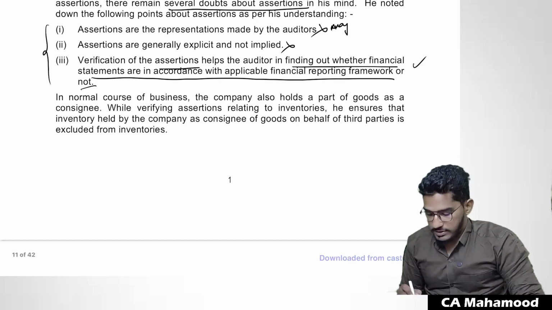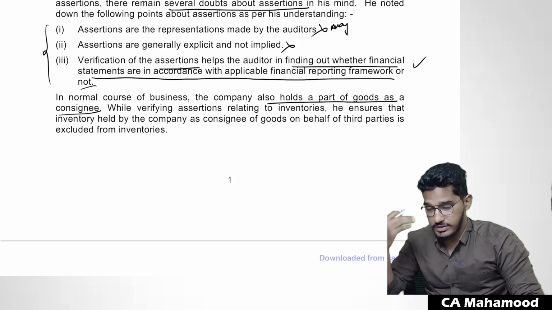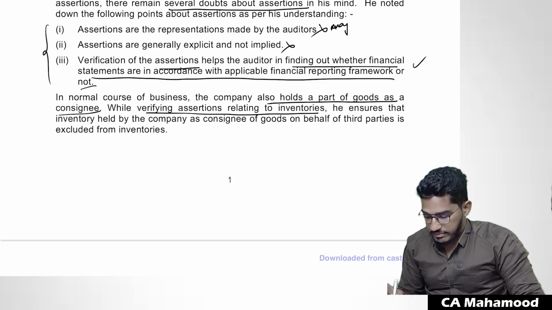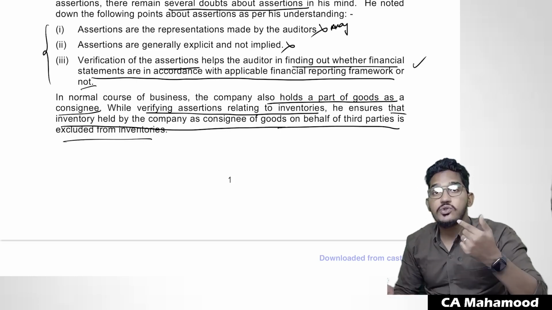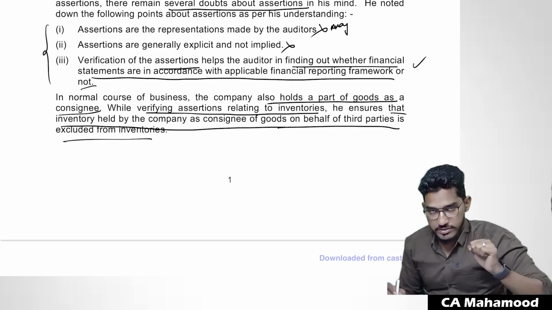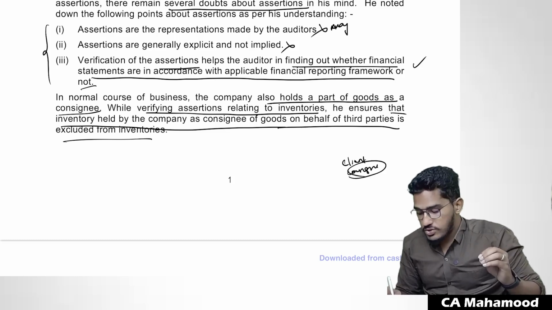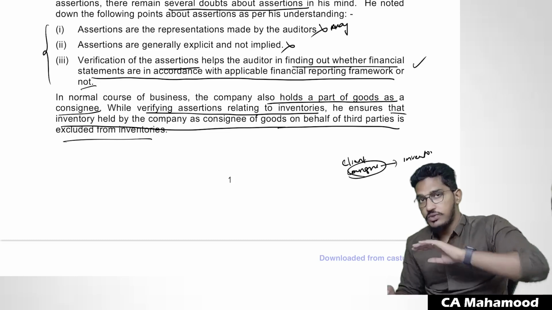In normal course of business, the company also holds a part of goods as a consignee. So they are also holding the goods as a consignee on behalf of, that means here the client is a third party. By verifying assertions relating to inventories, he ensures that inventory held by the company as consignee of goods on behalf of third parties is excluded from its inventories. So the client company is a consignee. So that means on behalf of the consignor, they are holding the goods. So these goods should not form part of inventory of my client company, because they will go to the inventory